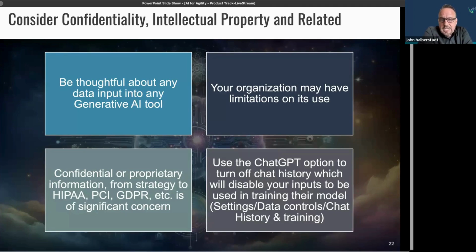In ChatGPT, if you're using this, and other tools have similarly obfuscated ways to turn this off, but by default, ChatGPT has "Improve the model for everyone," which is its way of saying, if you turn that toggle off, it won't include your prompts and your information in its model. If you don't turn that off, anything that you put in is going to be included.